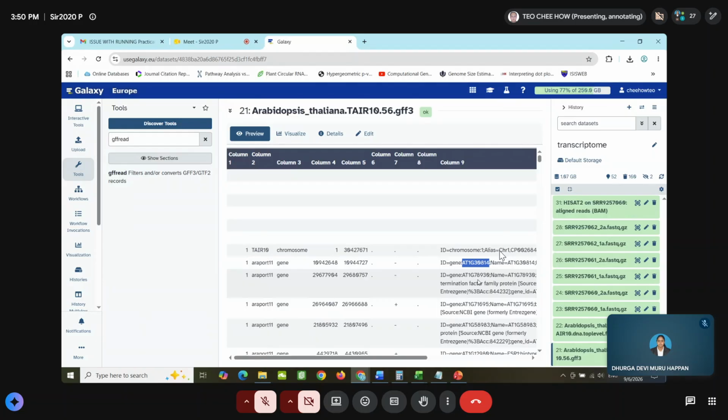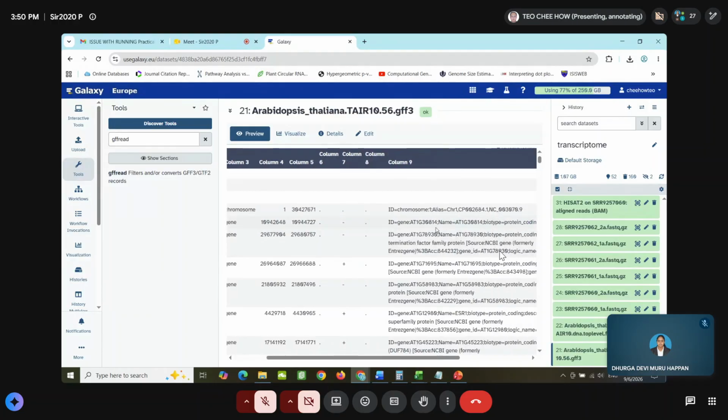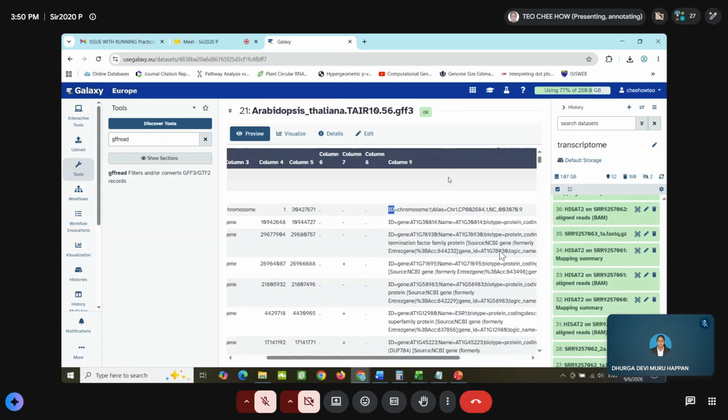So in here, you should use ID, not the name. But you see, with ID there will be one issue. You also have ID for chromosome, right? So that will affect your result. So I think better for you to convert to GTF file before you run.